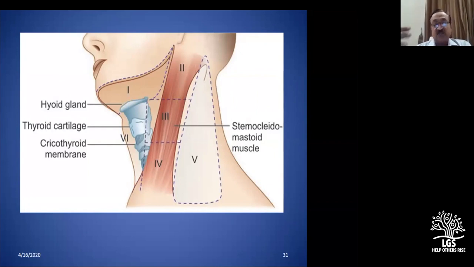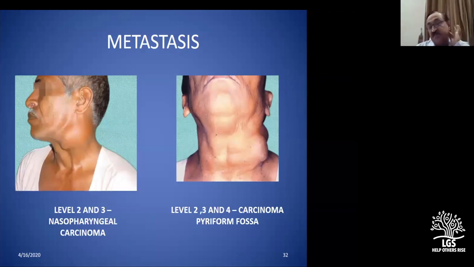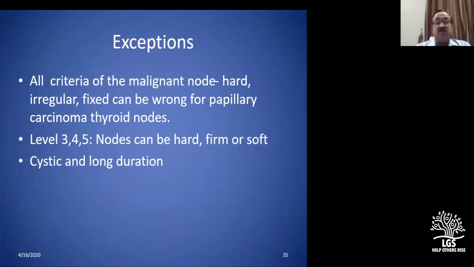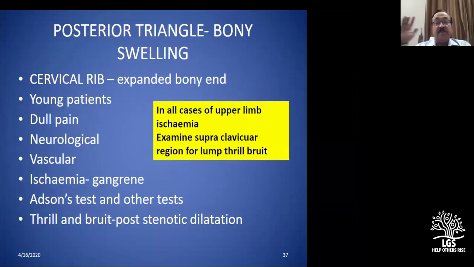An examiner also gets impressed by your pictures. So these are some of the areas of metastasis. Now I will skip this slide and go to other important things before we come to a case discussion on the neck metastasis. I'll come to the neck metastasis at the end, as I told you.